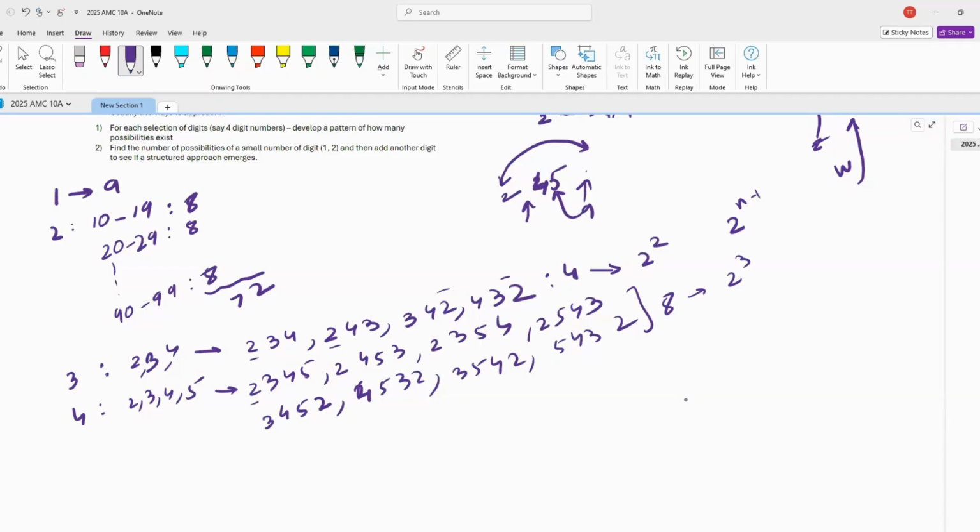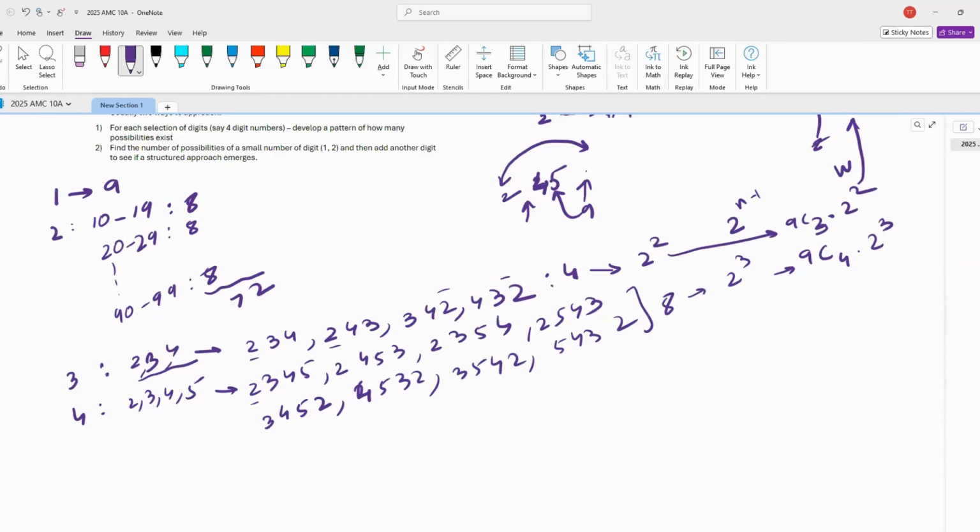Yeah, it looks like 2 to the power n minus 1. But then we have chosen 2, 3, and 4. So overall possibilities here would be 9 choose 2 times 2 squared, right? This would be 9 choose 3 times 2 squared. 9 choose 4 times 2 cubed,